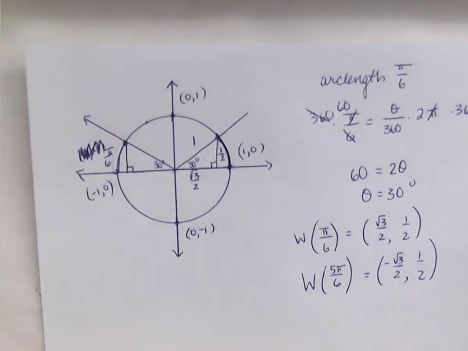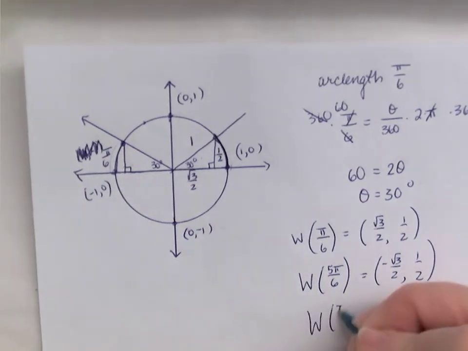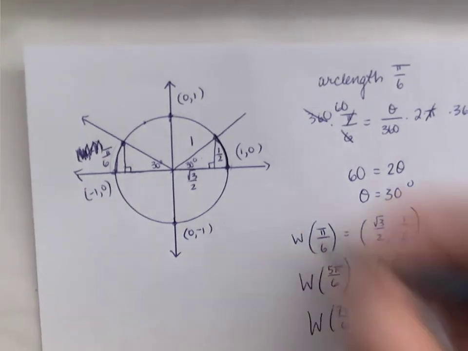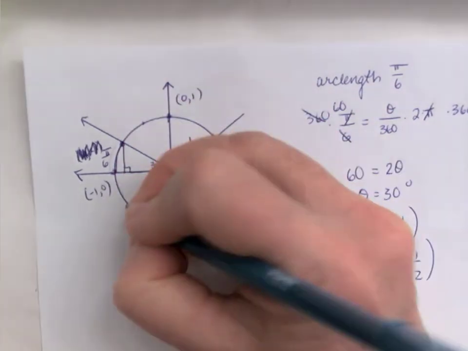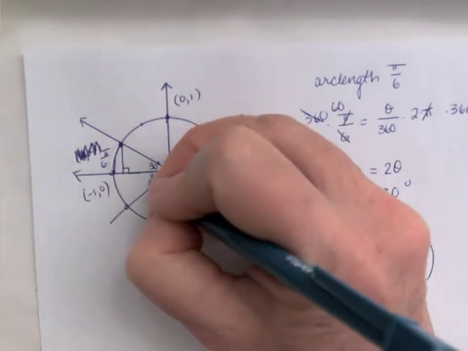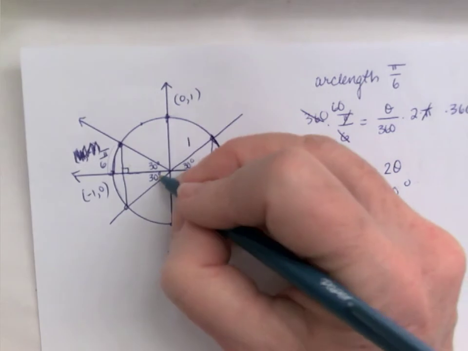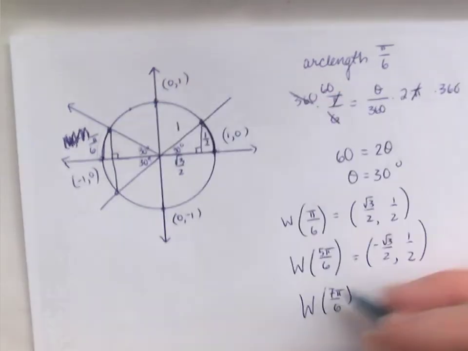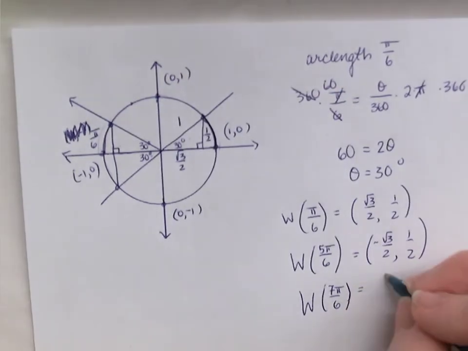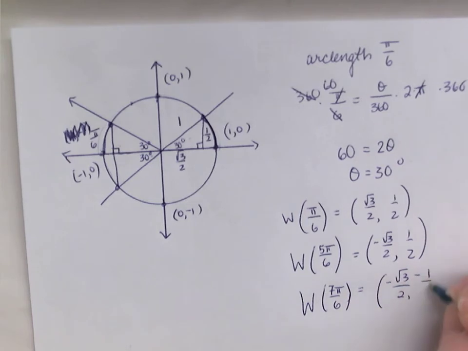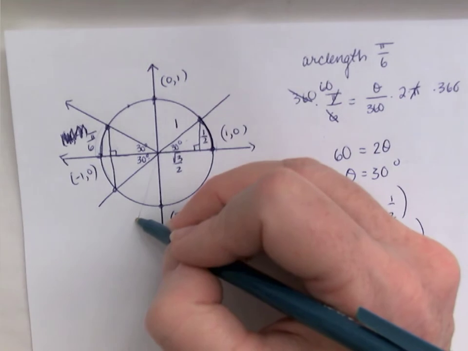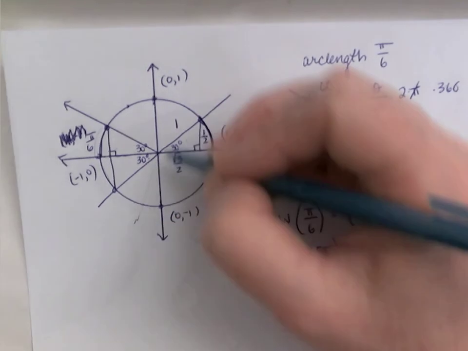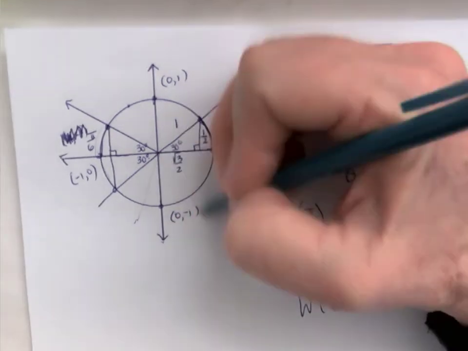And just like before, if I wrap 7π/6, I'm wrapping 6π/6 plus another π/6, which is measuring out another 30-degree angle for me. So wrapping 7π/6 is going to give me the rectangular coordinates negative root 3 over 2 and negative 1/2. 8π/6 reduces to 4π/3, 9π/6, 10π/6,